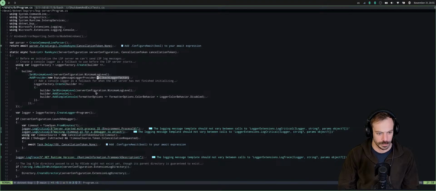Fallback logger factory. Is this one, which adds to the console.